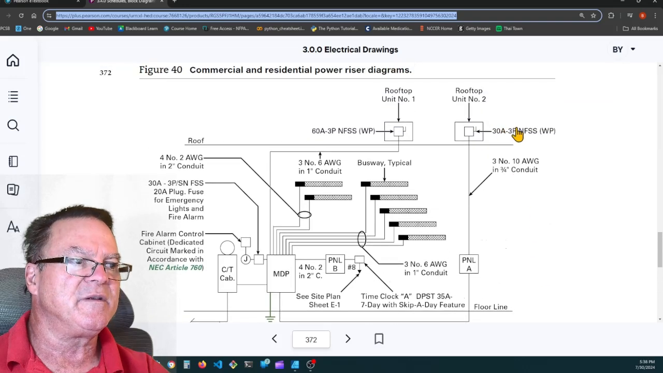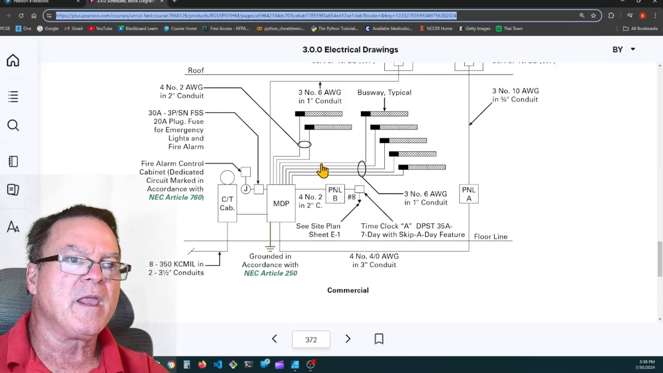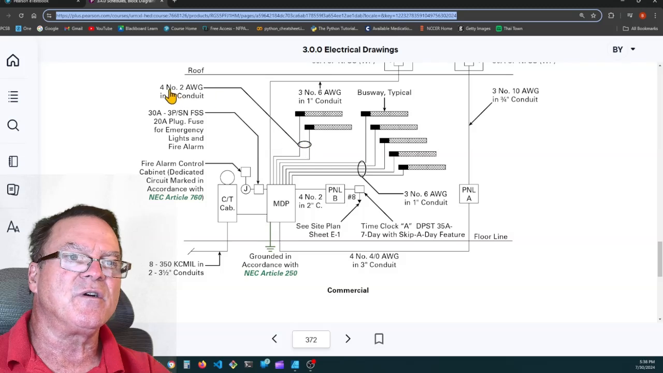Non-fused snap switch, weatherproof disconnect. They tell us these 2 risers are 4 number 2 gauge and 2 inch conduit. And these are 3 number 6s and a 1 inch conduit. So they're typical. Here's a 30 amp 3-pole